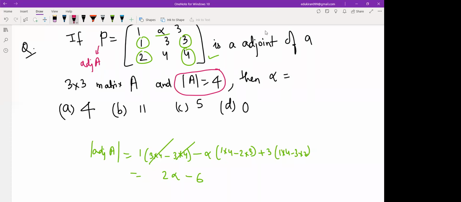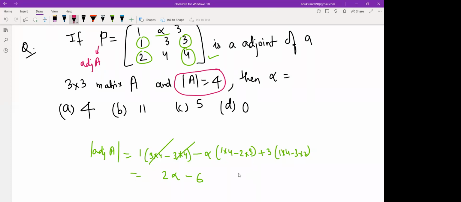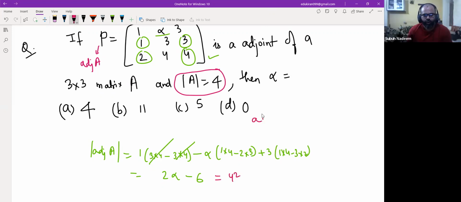4 square. 4 square, correct. Who has said? Krishna. Okay. So 4 square it is correct, because we know that adjoint of A determinant is determinant of A